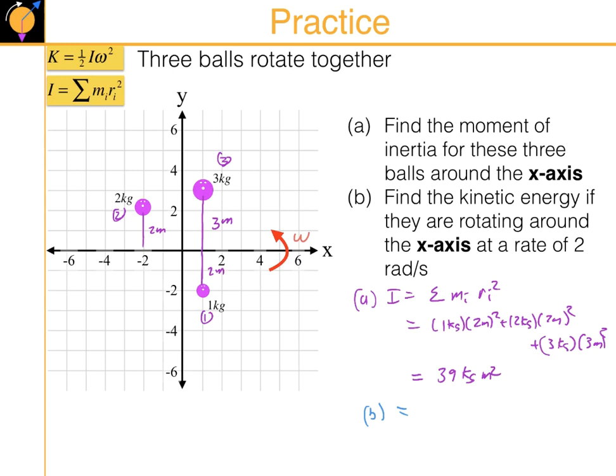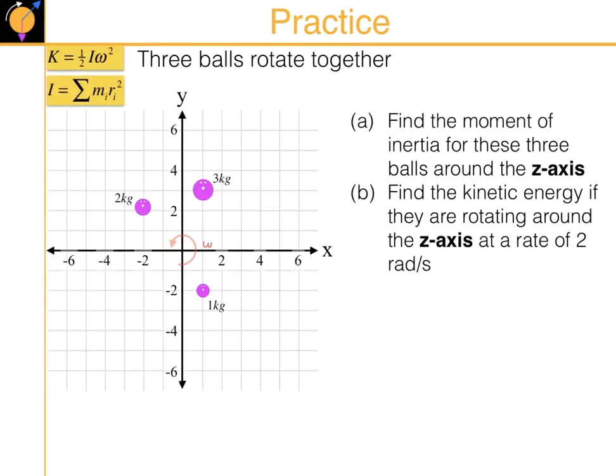It would be 1/2 I omega squared for the kinetic energy, right? So the kinetic energy is 1/2 I omega squared. I plug everything in. Let me quickly do it. It's going to be 0.5 times 39, which is I, times 2 radians per second squared, and we get 78 joules. So it would take more energy to get these three spheres rotating around this x-axis than it would around the